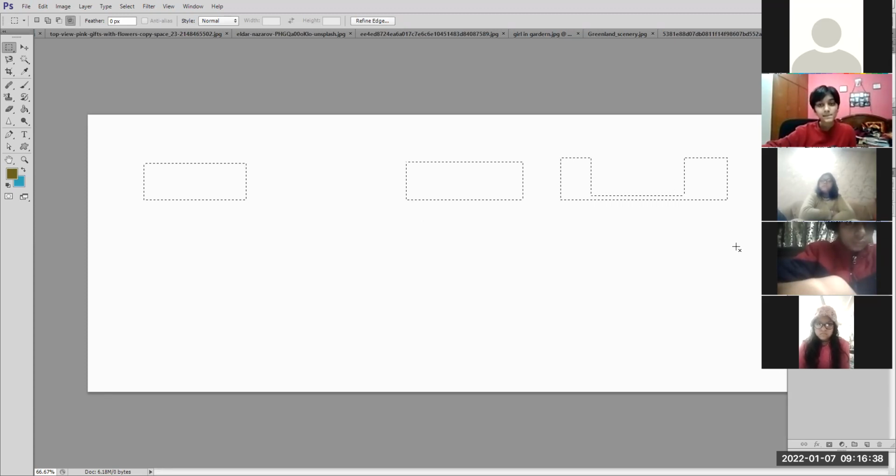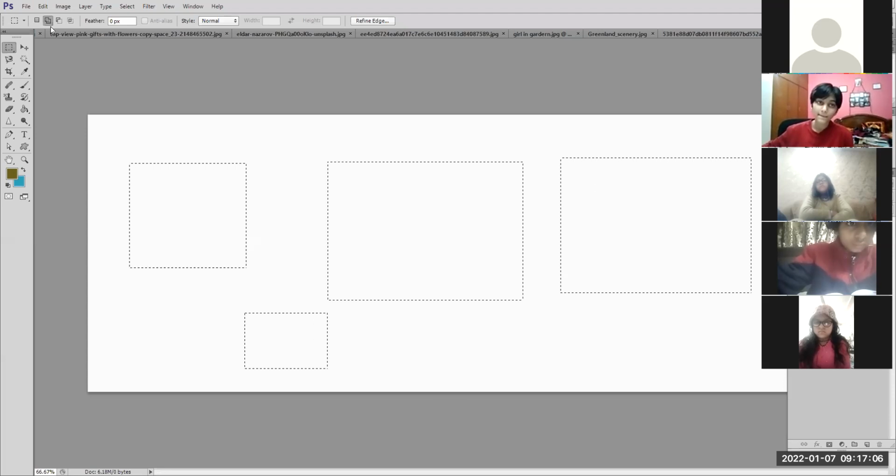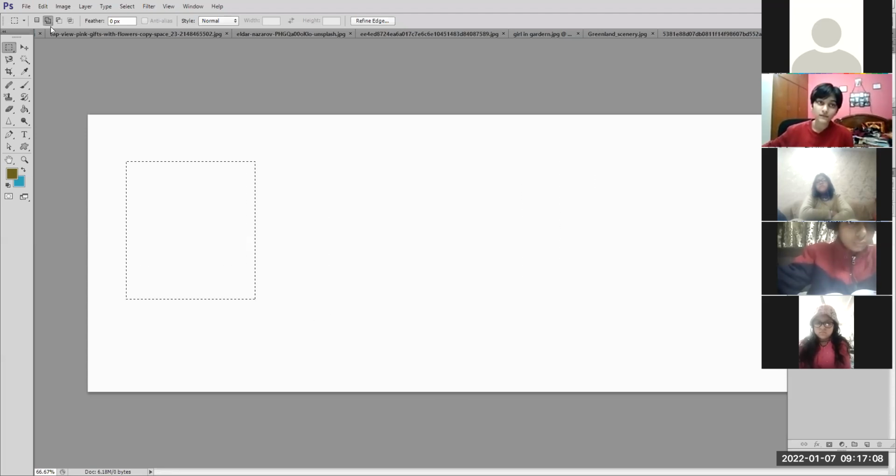Okay? Now there are three options. You will use add to selection and subtract from selection. But it is more beneficial if we use the shortcut keys for add to selection and delete from selection. Because whenever we select a button from the option bar, we have to go back to the option bar again to select and deselect the options. Second, I can undo it with Alt plus Ctrl plus Z. That will undo more than one action.